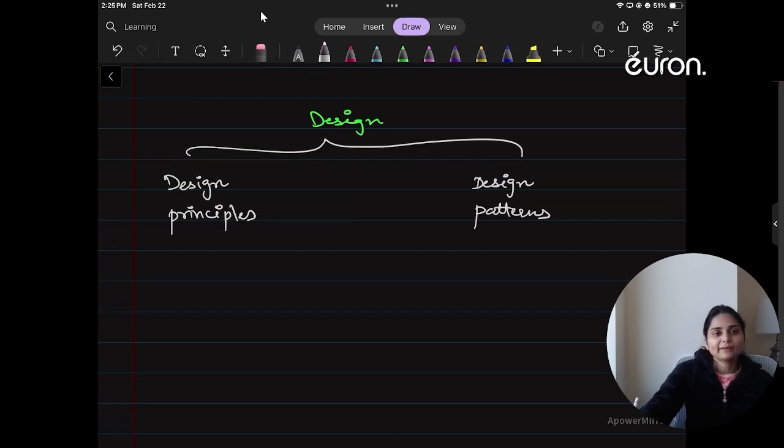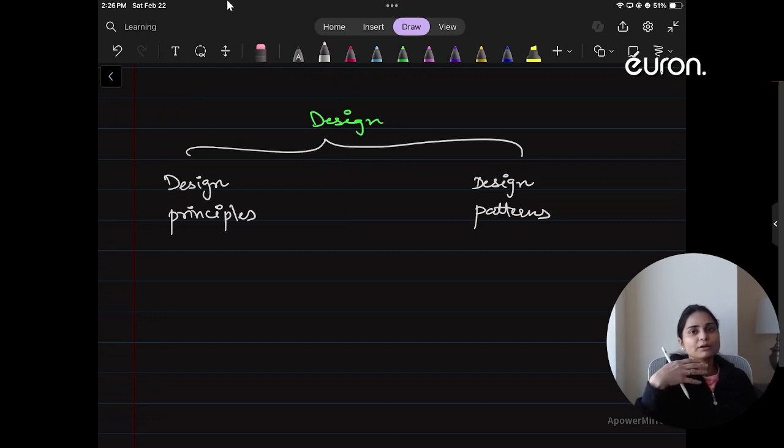Now, if you look at it, design principle is actually your theory and there is no concrete example of the same. And if you talk about your design pattern, this is where we go ahead and perform our major implementation. When you talk about design principle, that is where we learn what we should be doing. On the other side, design patterns are where we see how we should be